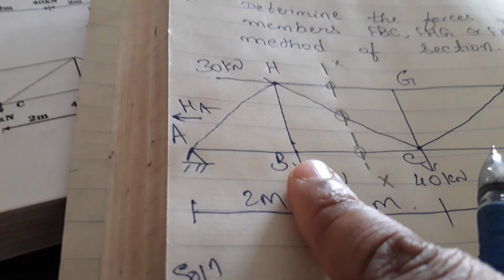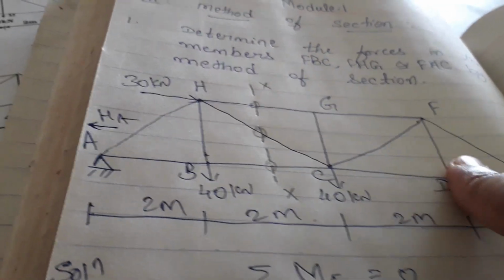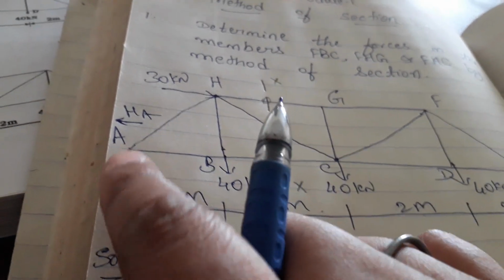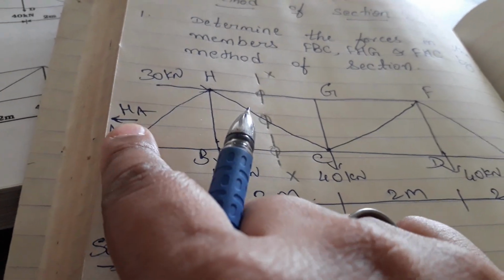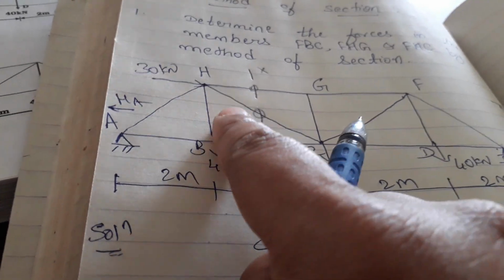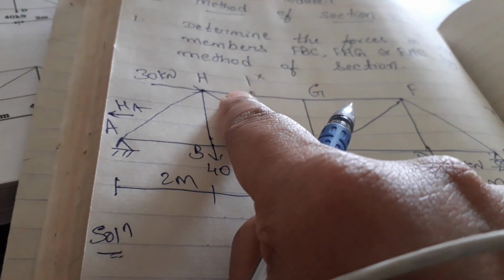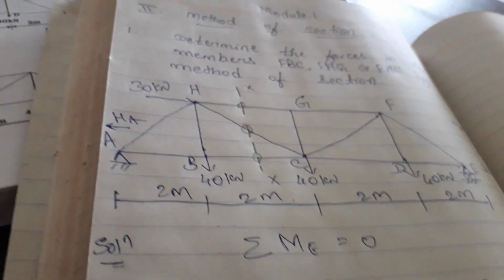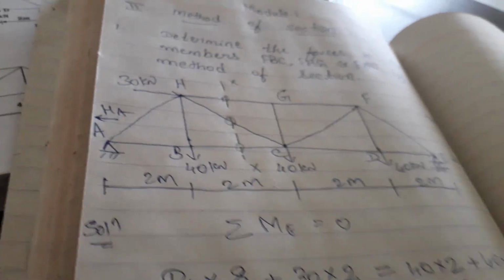We have already divided here. Either we can take the right side or we can take the left side. If I take the left side, here you can see I will have RA, HA, 30, 40 and forces in BC, HC and HG. These are the things which make the truss, left side truss, the stiff or stable. So we will draw that one now first. So the divided section will be like this.